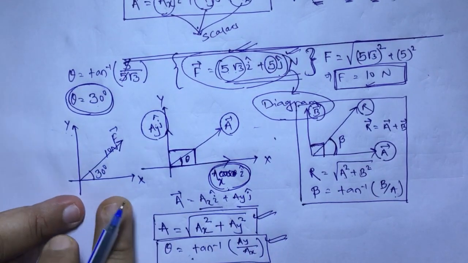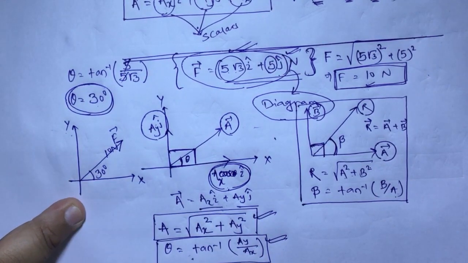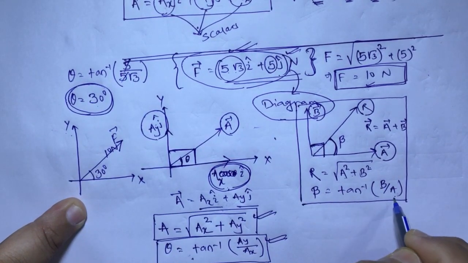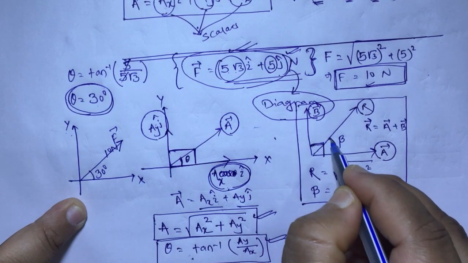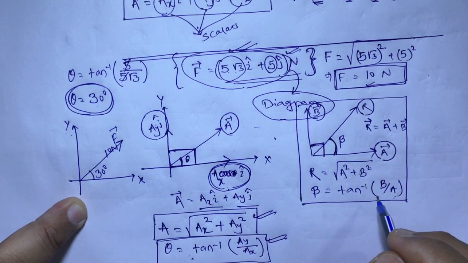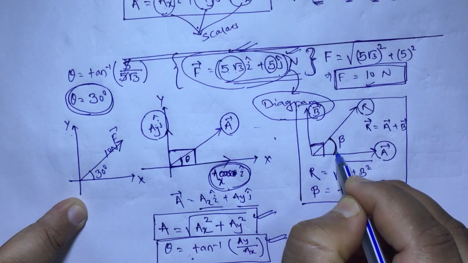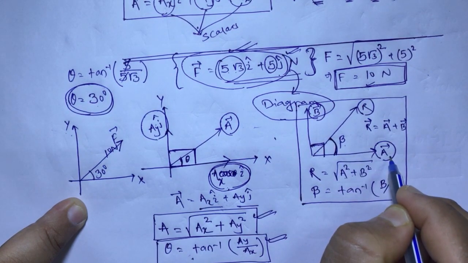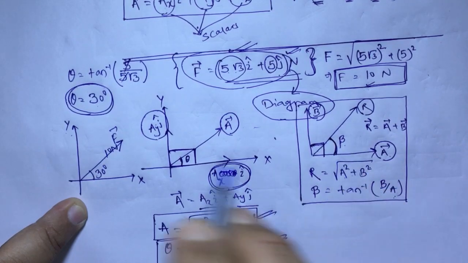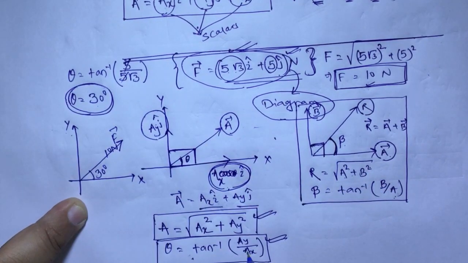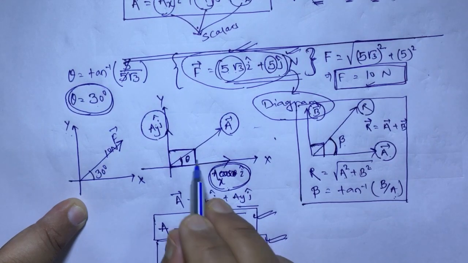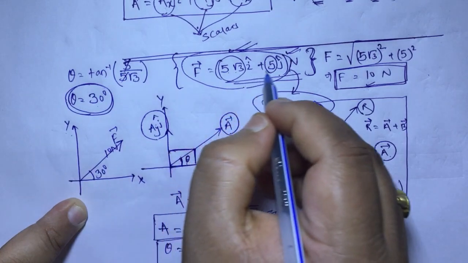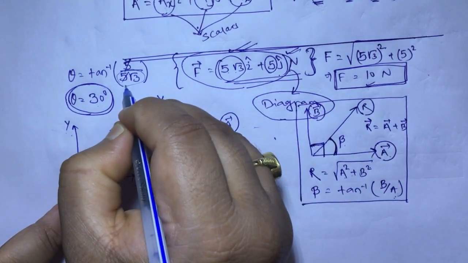How to know it is with the x axis? Why not with the y axis? Again the same answer. See here, if it is tan inverse of b by a, then the angle will be with a. This concept I have already explained: with whichever vector you write in the denominator, the angle is with that vector. Similarly here you are writing Ay by Ax, meaning the angle must be with the Ax vector. Similarly here you are writing 5 by 5 root 3.